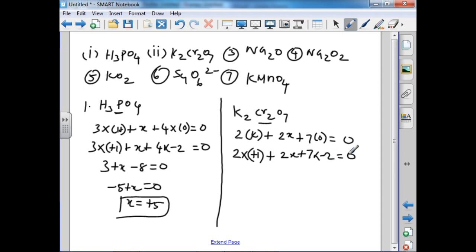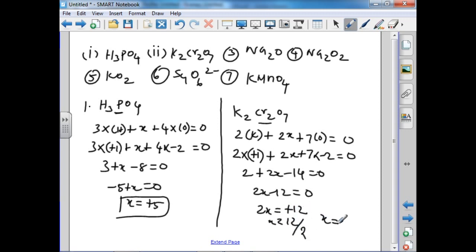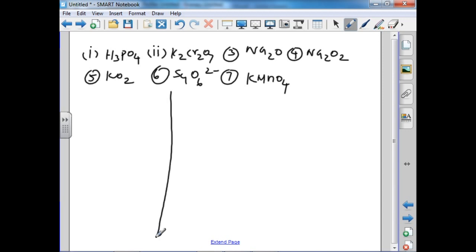plus 2X plus 7 into oxidation number of oxygen, minus 2, equal to 0. So 2 plus 2X minus 14 equal to 0. So 14 minus 2, 2X minus 12 equal to 0. So 2X equal to plus 12, X equal to 12 divided by 2. So X equal to plus 6. Oxidation number of chromium in potassium dichromate is plus 6. The third one is